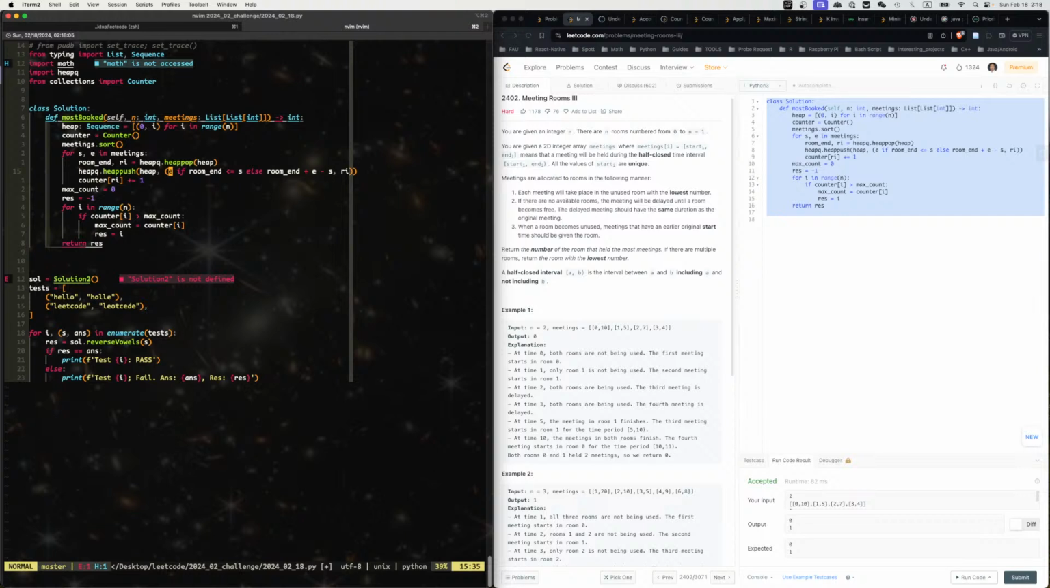The problem is now, for each new thing that comes up, whenever the top room end is smaller or equal to s, this is fine. We can just use this. But if the top room end is larger than s, what we need to know is